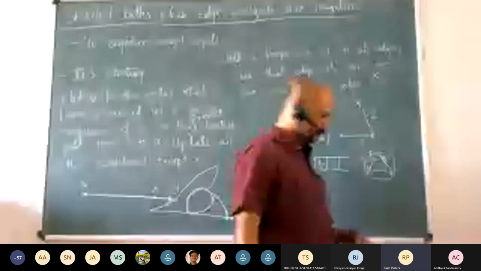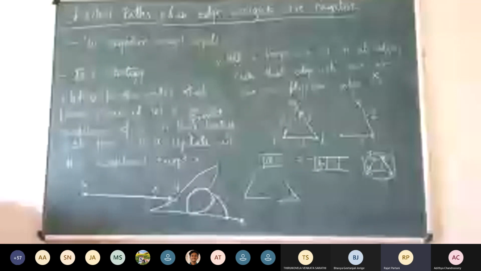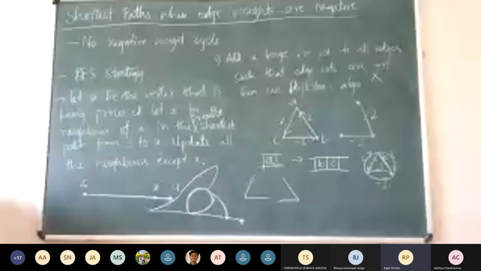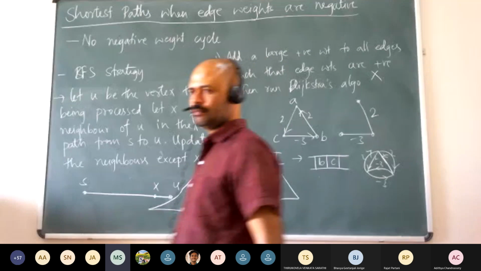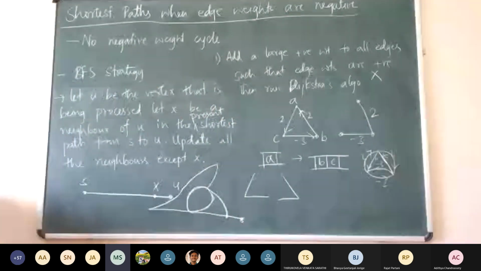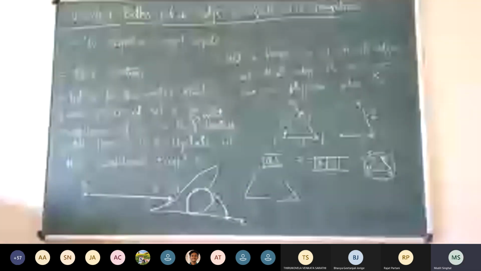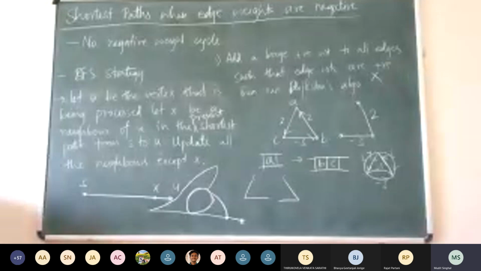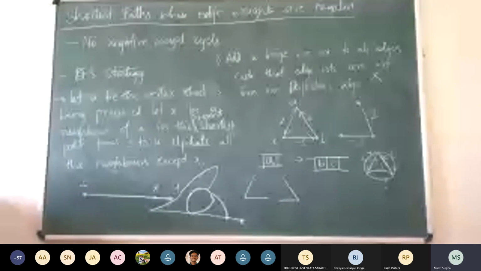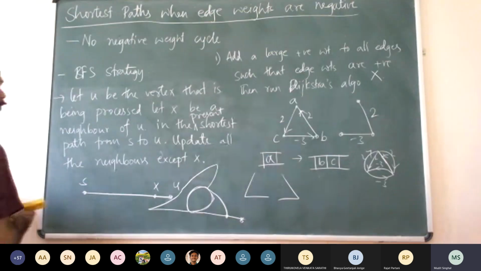Sir, according to me, this minimum distance property with negative distances should only be defined in directed graphs. It shouldn't be in undirected graphs. That is one way of looking at it. So it is not actually possible to devise an algorithm faster than n factorial here, because there would be an infinite number of paths from the source to that vertex, and if only one of them has a weight way lesser than many other paths, that's correct.